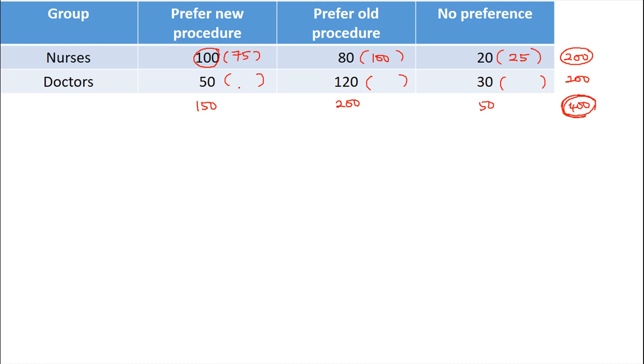200 multiplied by 150 divided by 400 is equal to 75. This is the expected value for this cell. For the next cell, 200 multiplied by 200 divided by 400 is 100. And for the last cell, 200 multiplied by 50 divided by 400 is 25. Okay, so all the values in the bracket are the expected values, and all the original values are